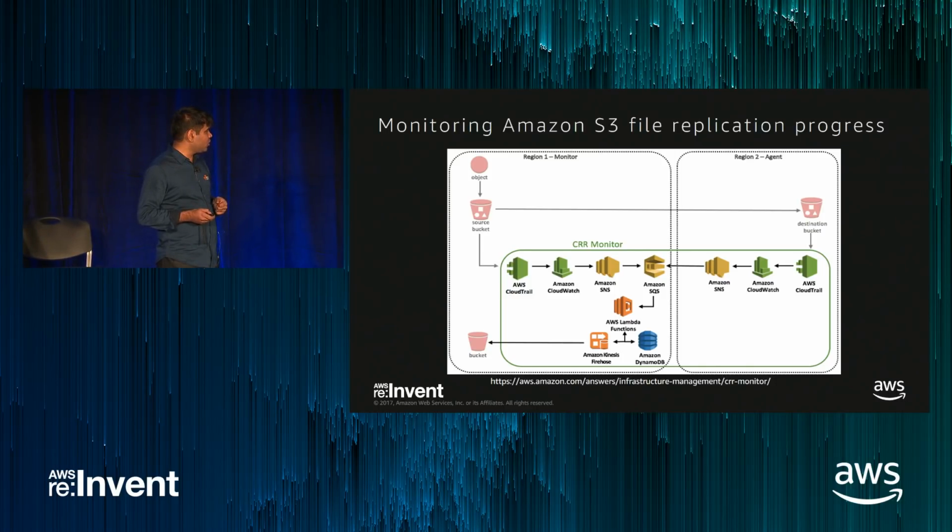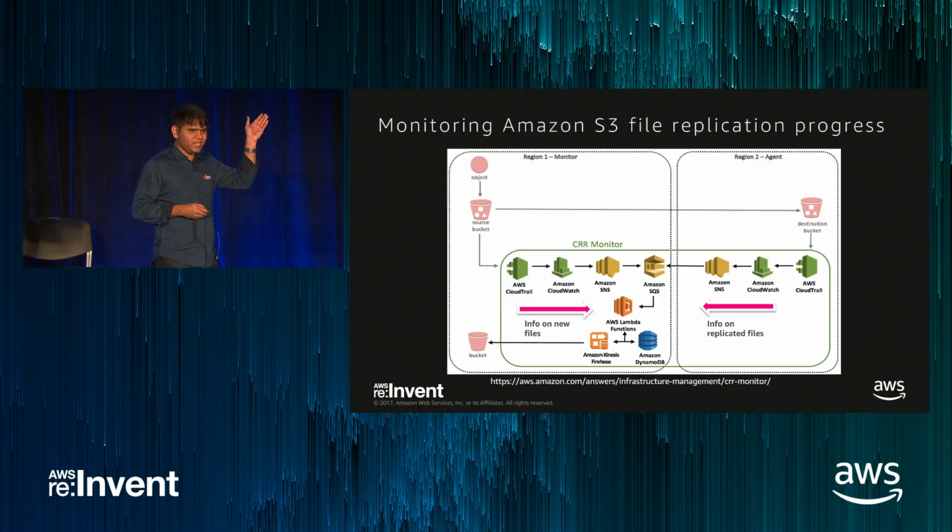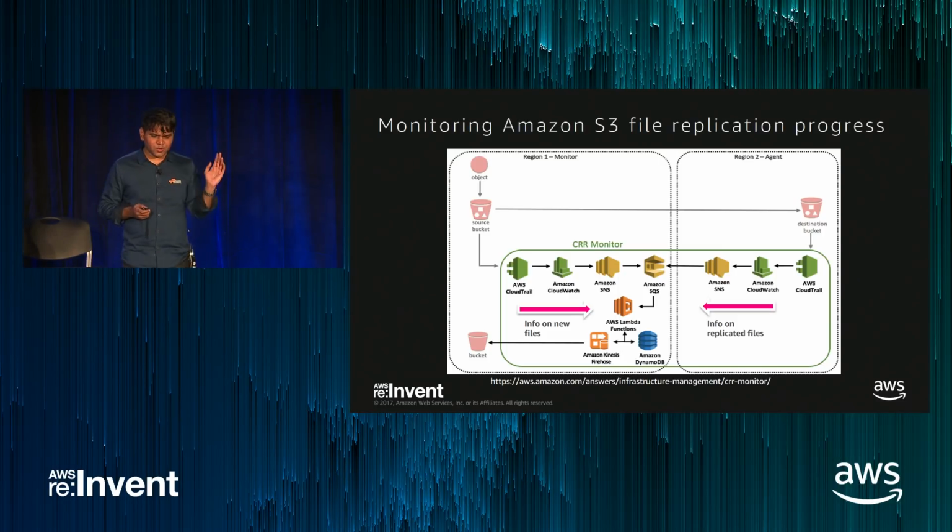So in this solution, what you are basically going to do is observe all those SNS notifications. Based on that, you would know things like 10 files were written to region A. I received 10 notifications, but I received only 8 notifications from the other region. So probably 2 files are yet to be copied. That simple math you can implement using this system. It may look like it has multiple blocks and is difficult to implement, but as always, there is a CloudFormation template to do this. Just follow this blog, you will know how to do it. It's very easy to set up and monitor in a serverless fashion.